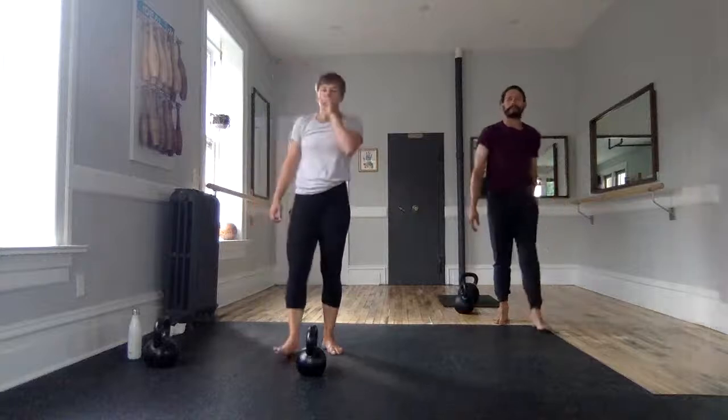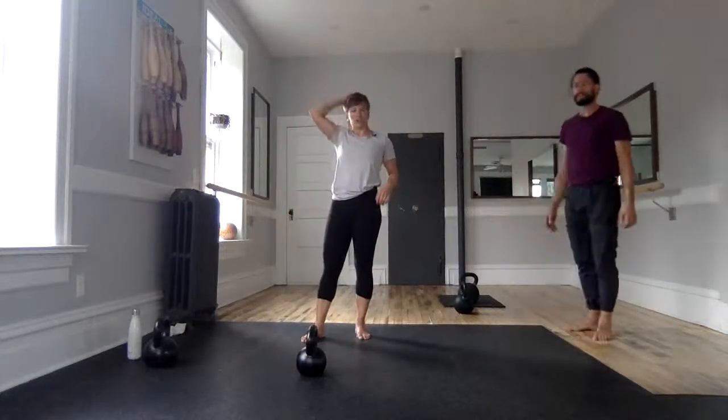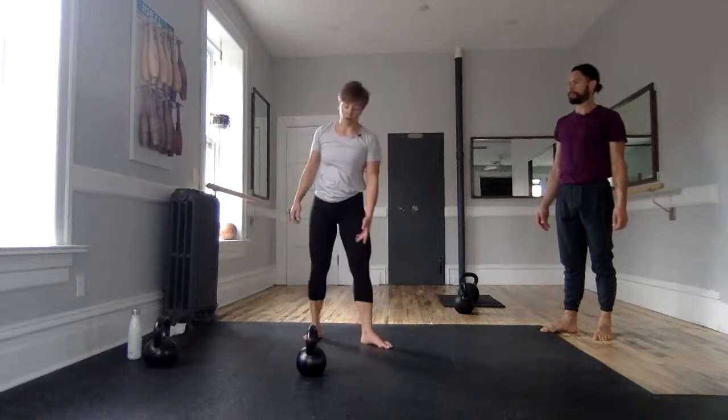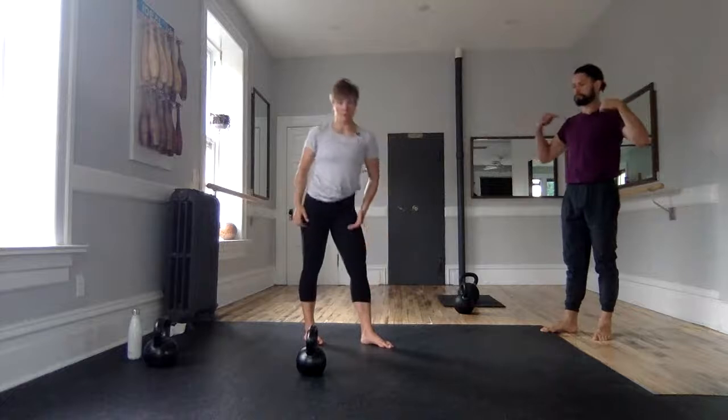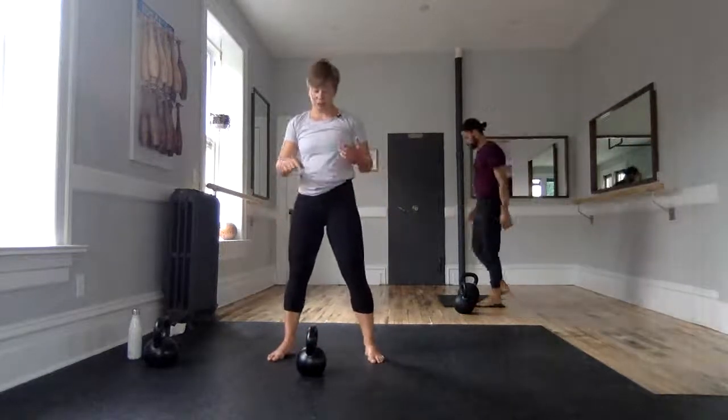Thank you. We have one more windmill to do. I'm going to load it from my top position just to get ready for my weight overhead and my get-ups, but you could still load that bottom position of your windmill. That's what I'm going to do. Ian's going to load the bottom. If you're with me, we're going to clean it